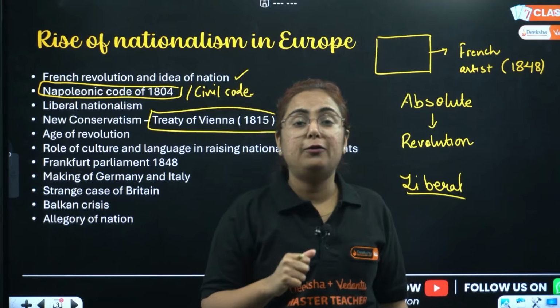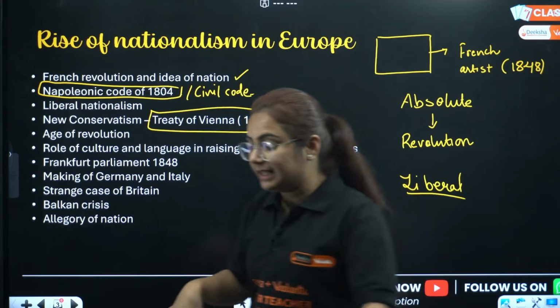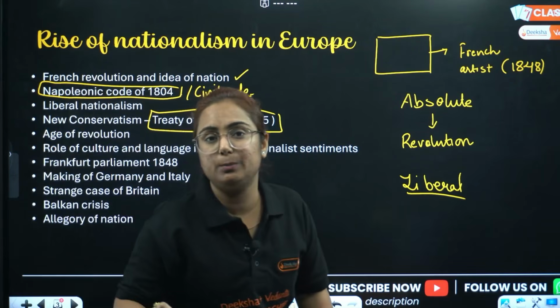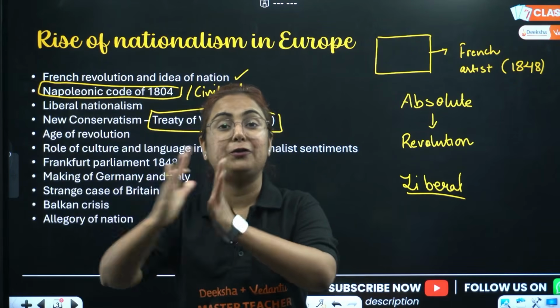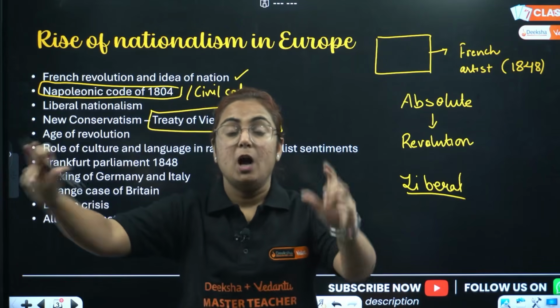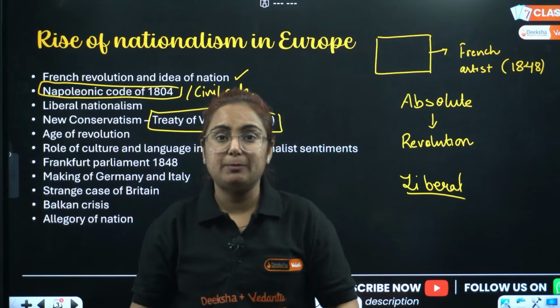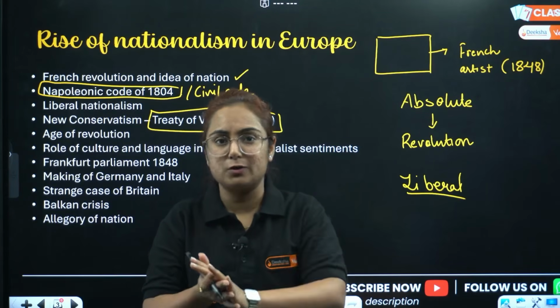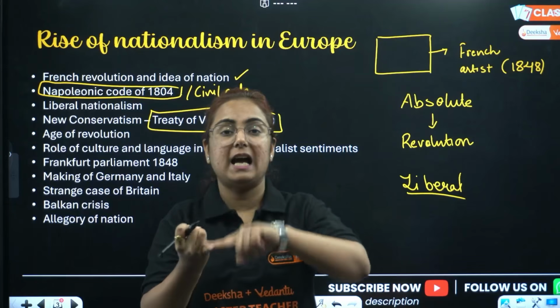So this was done in the Treaty of Vienna. But let me tell you, Napoleon was a liberal leader, and what do I mean by liberal? The word liberal comes from a Latin word, liber, which means freedom. Which type of freedom is talked about in the chapter? Social, economic and political. Pay attention, repeat after me: it's social, political and economic.